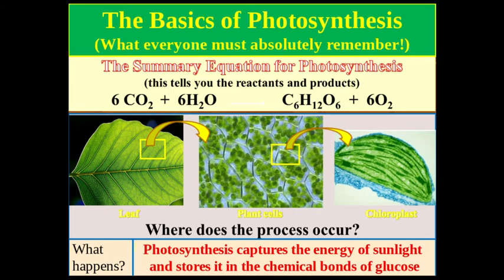And the first thing we're going to look at is just the basics of photosynthesis. You will need to be able to identify this formula here. You don't have to understand and recite it from zero. You just need to be able to identify it. And the key thing to look for is, does it start with CO2 or does it start with oxygen? Humans, us, we breathe in oxygen. We don't breathe in CO2 on purpose, right? So if it starts with CO2, it's going to be photosynthesis. So you just need to be able to identify this formula here. Right? I'm just saying what happens in the leaf, in the plant cell, and the chloroplast, which we'll get into